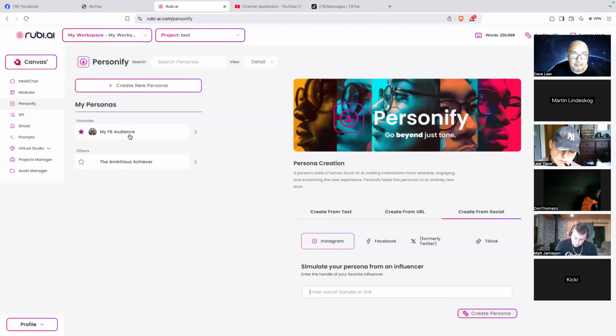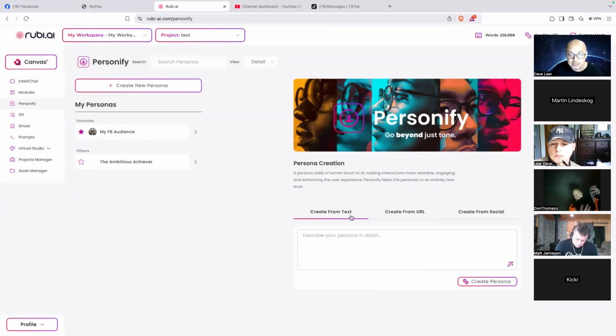So every time I use the chatbot, it will mimic or imitate the way I do it. It really depends on who I am as my social media is representing. Or you can also personalize it from text. You just have to describe here the type of personality that you want your chatbot to sound like, the way that your chatbot speaks.